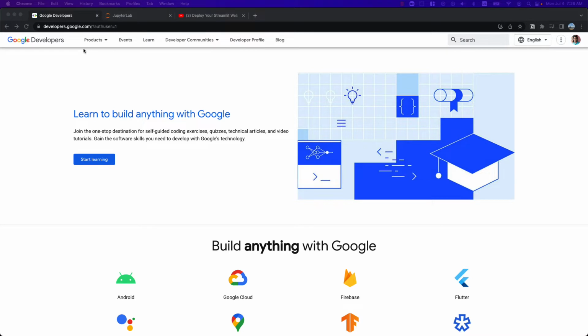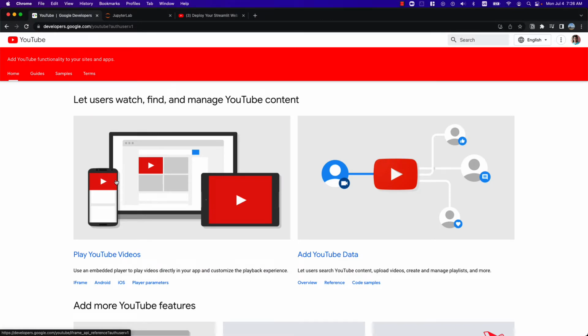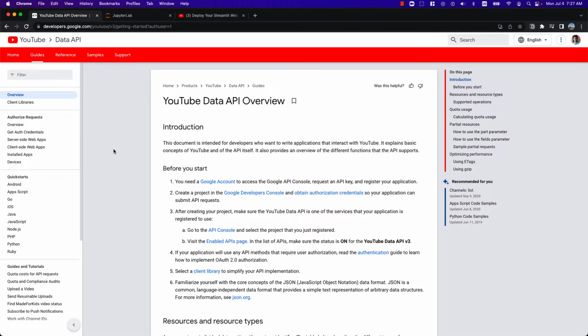developers.google.com, and from Products, click YouTube. And from here, we are going to use YouTube Data API. Once you are here, we need to go to our Google Developer Console and create a project. And from there, we need to create an API. And using that API, we can access comments from any videos. So let's go to API console